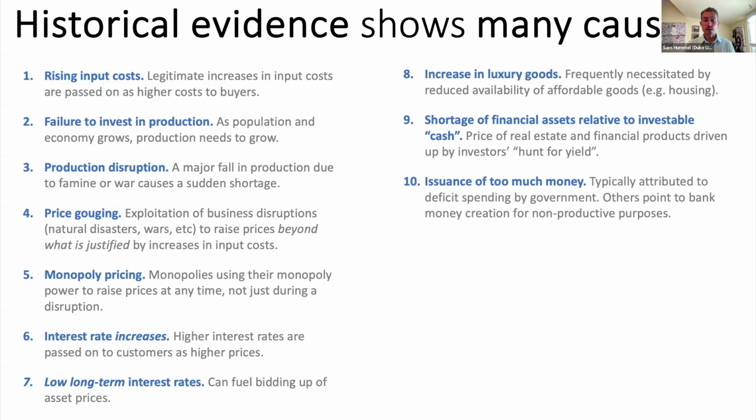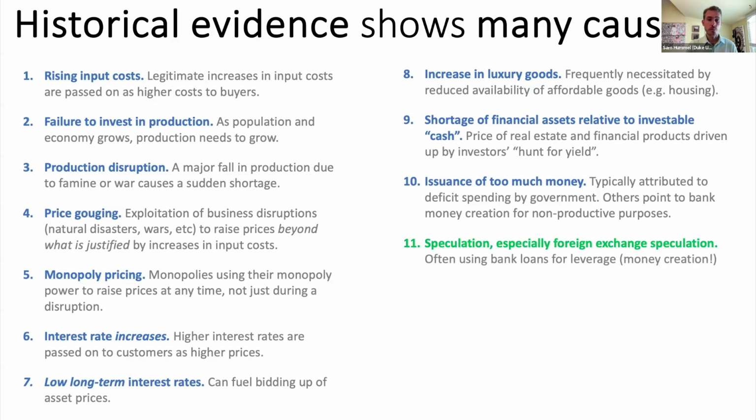Another one is issuance of too much money, and particularly too much money for non-productive purposes. This is clear in the historical record that this can drive inflation, but it's typically attributed to deficit spending by governments. There's no mention made of the fact that banks create money and have also had their fingers very culpably in the mix in many episodes where the money supply was growing quickly alongside inflation. Particularly, they played an important role in